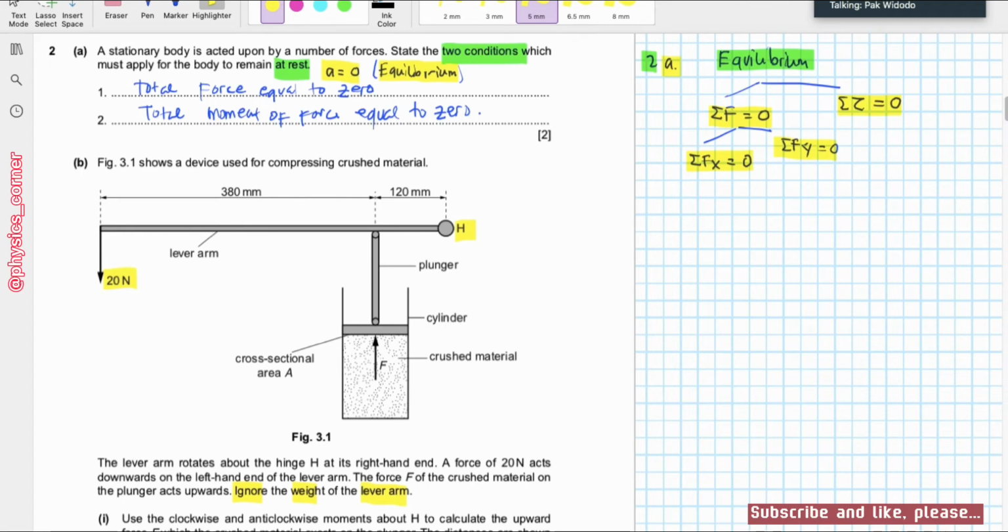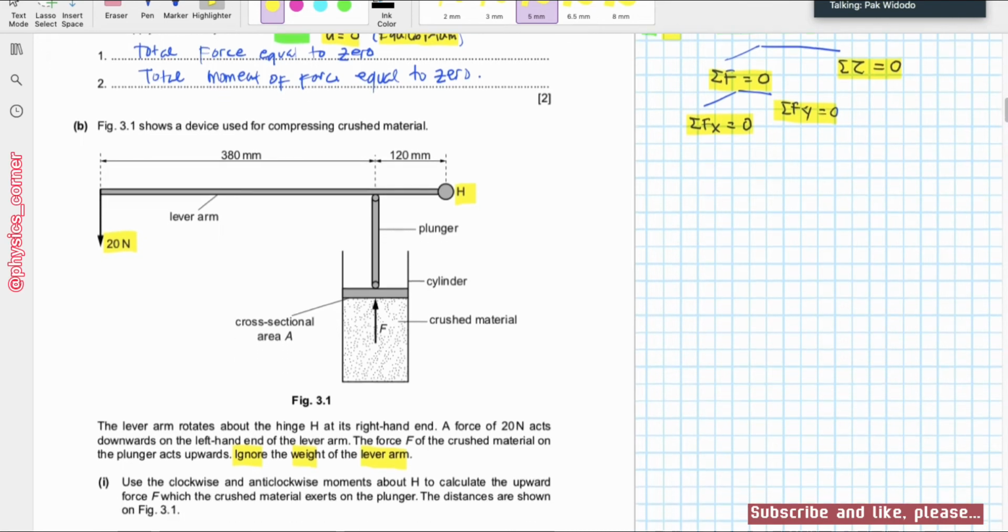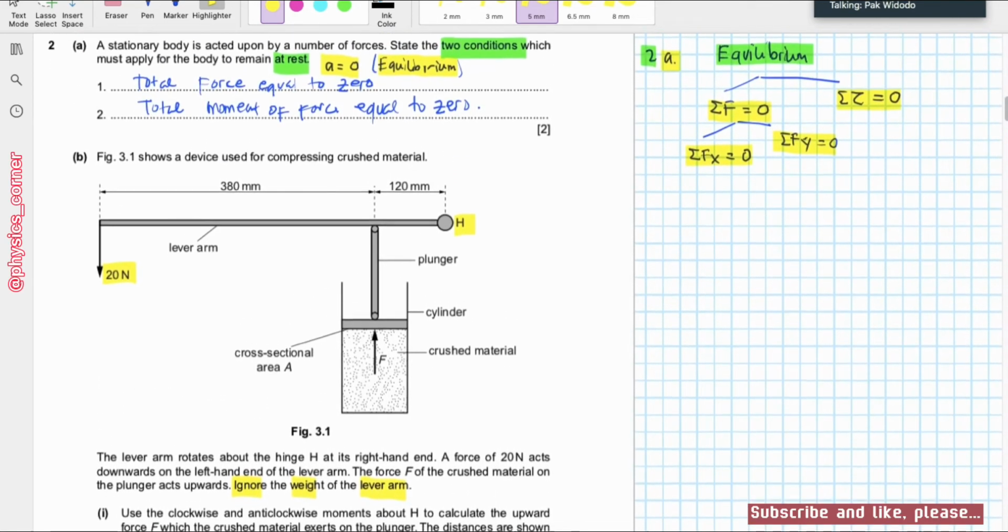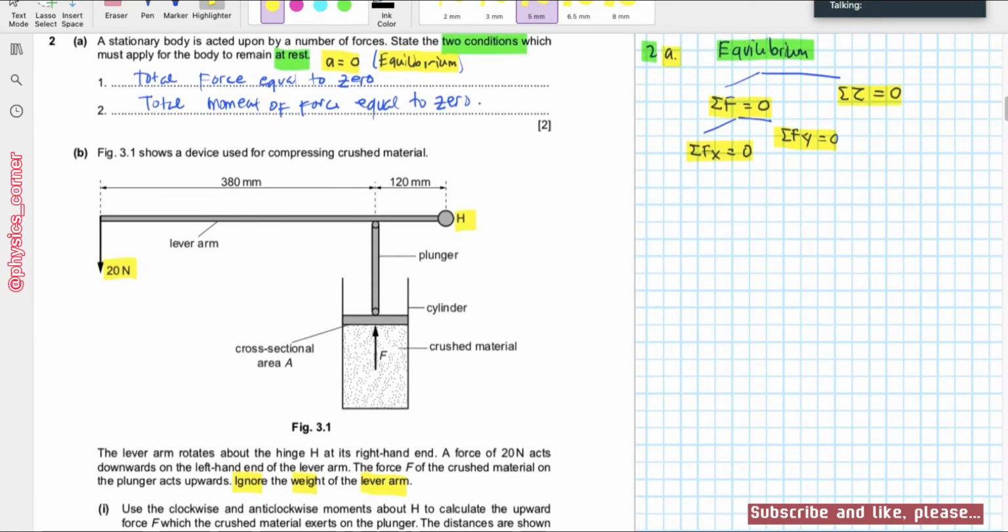Question I. Use the clockwise and anti-clockwise moments about the hinge to calculate the upward force F which the crushed material exerts on the plunger. The distances are shown in figure 3.1. Okay, they need to know how much force is here, by using clockwise and anti-clockwise